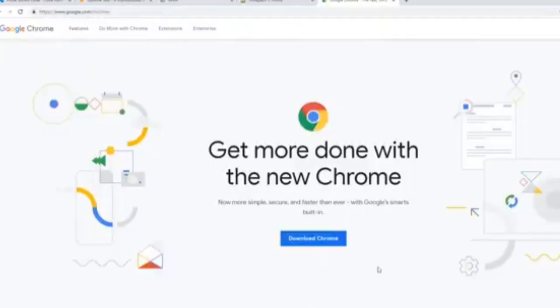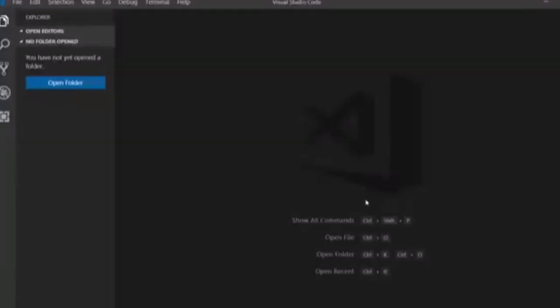It's also going to come with a load of developer tools that we're going to talk about later on as well. So again, if you want to follow along exactly with me, make sure you download this. Okay then, so once you've downloaded and installed your text editor, boot it up